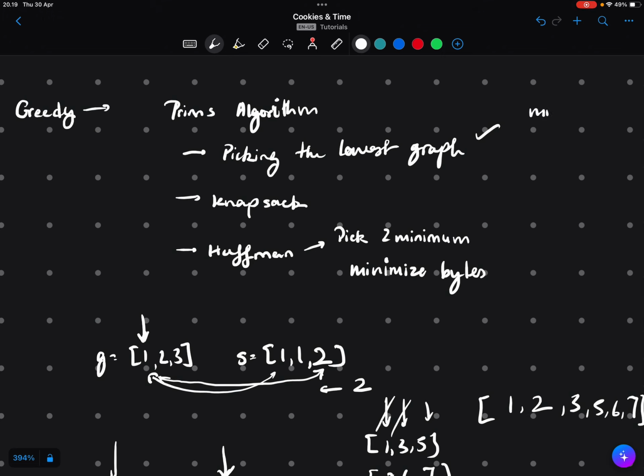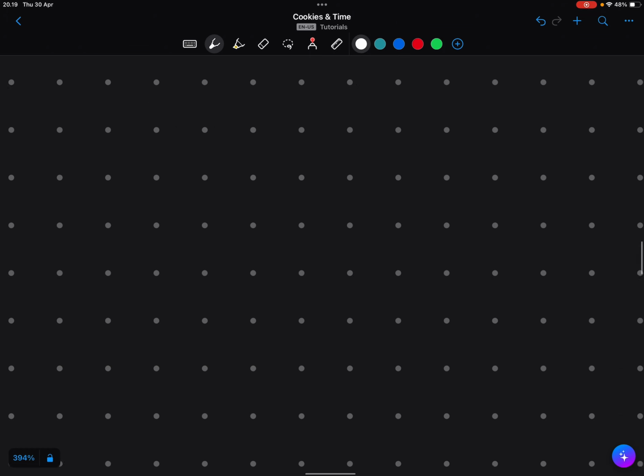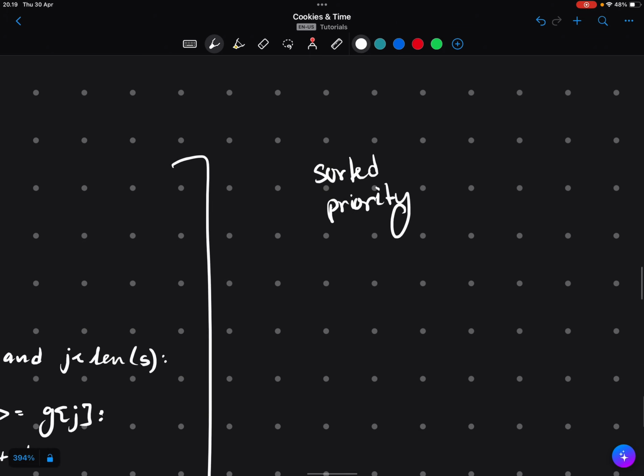That's why Prim's algorithm works really well. You could think of a min heap because you would always keep the minimum element on top, and if it forms a cycle you wouldn't pick it. So it's essentially just